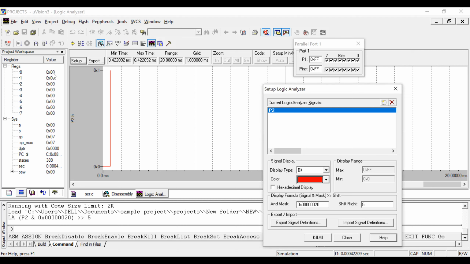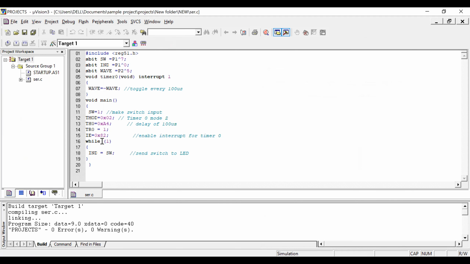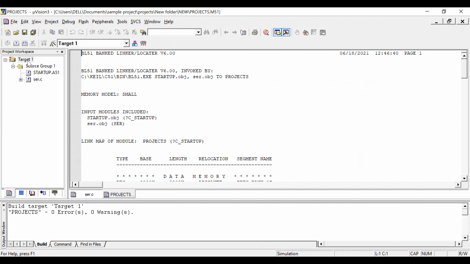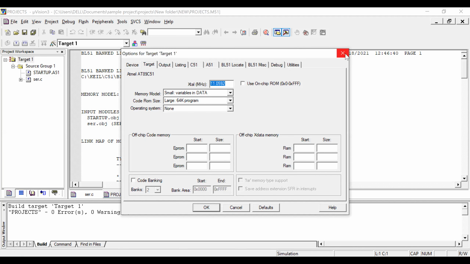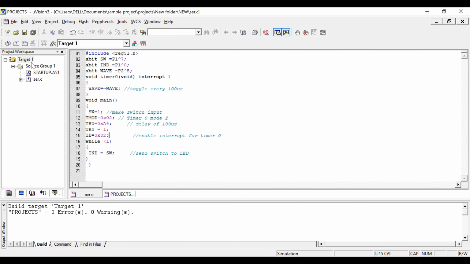Now you can see that this is the output section. In the program I mentioned switch equal to 1. I will check. Now I'll start the program. Switch equal to 1, fine. The crystal oscillator is 11.0592 MHz. We can build the program.